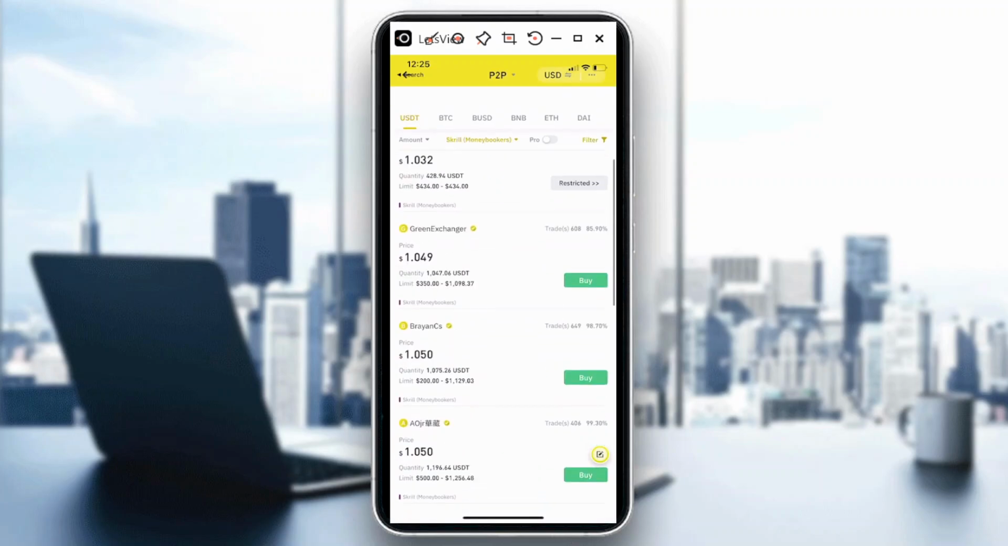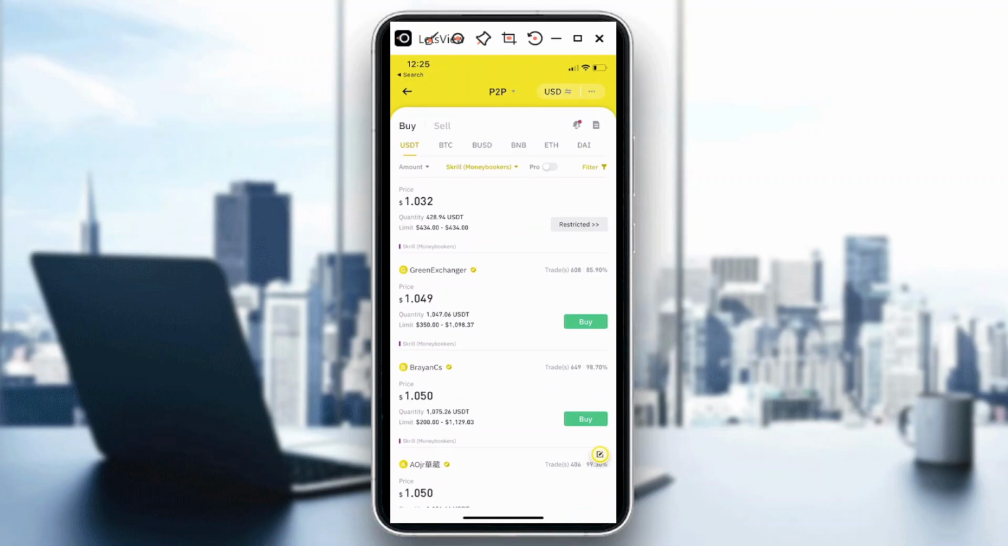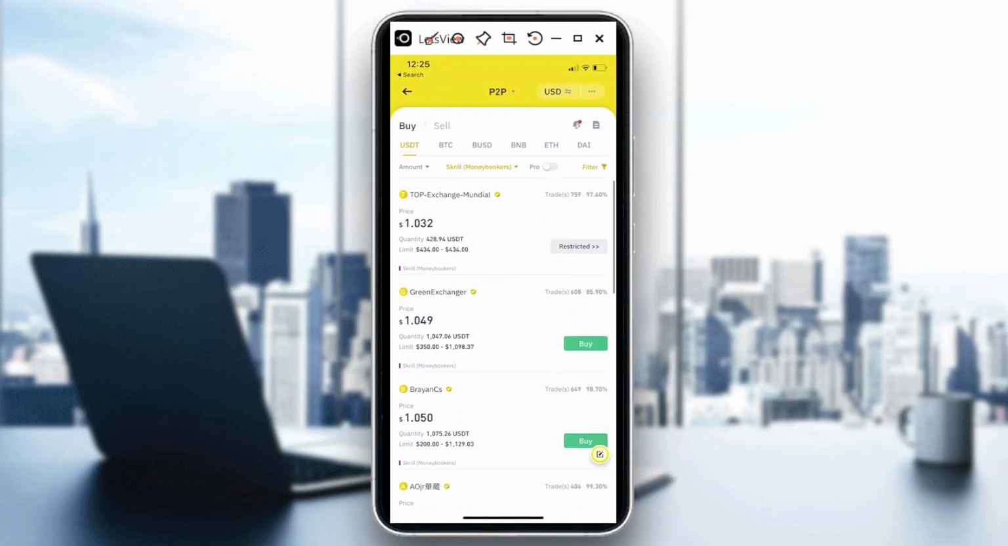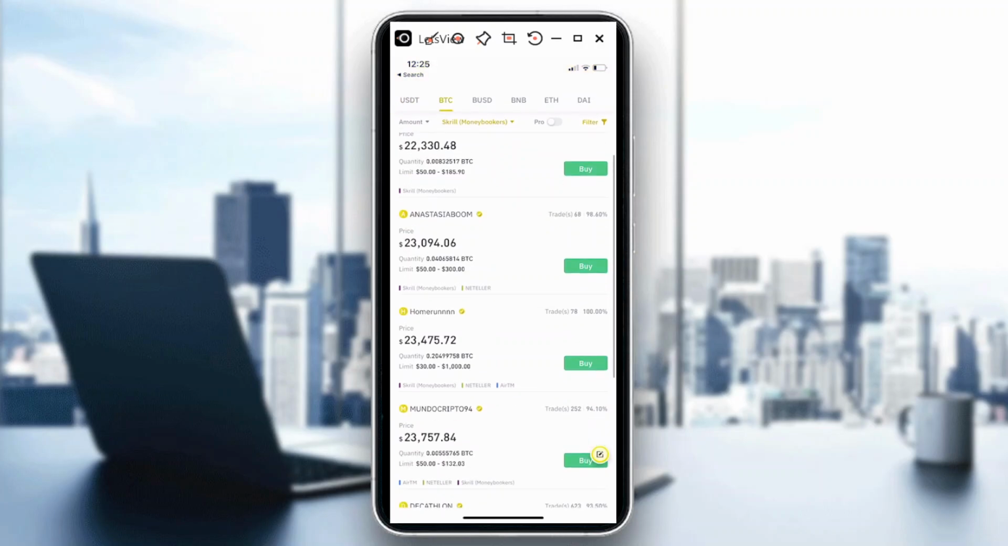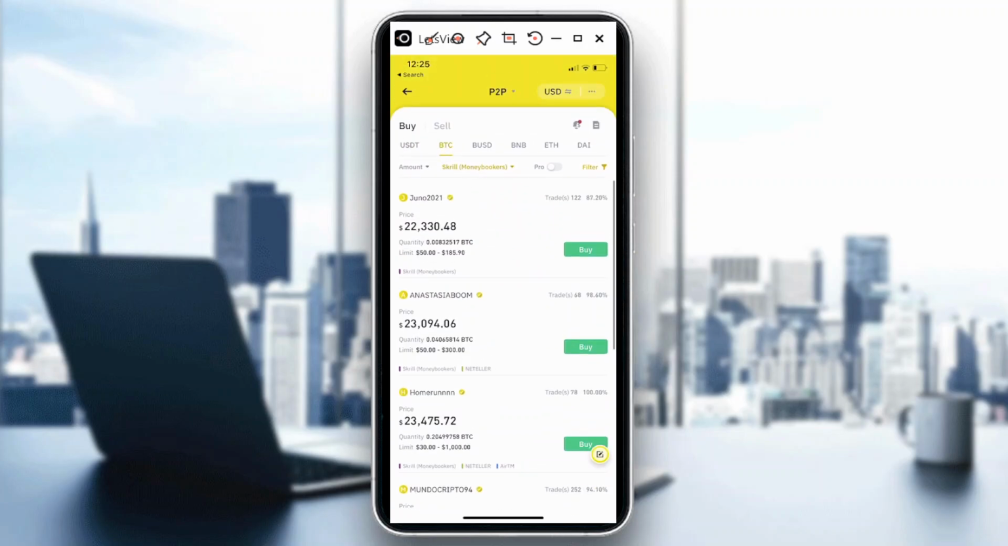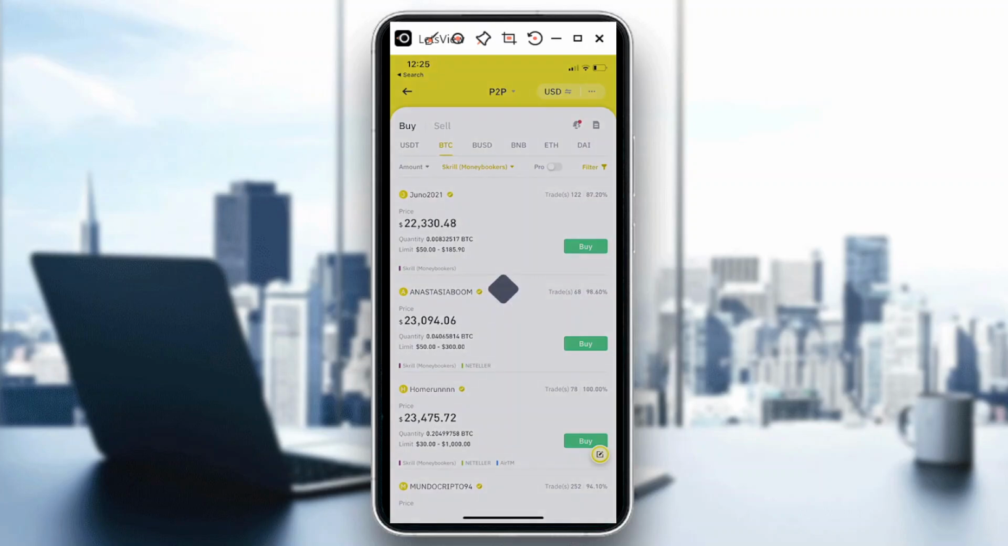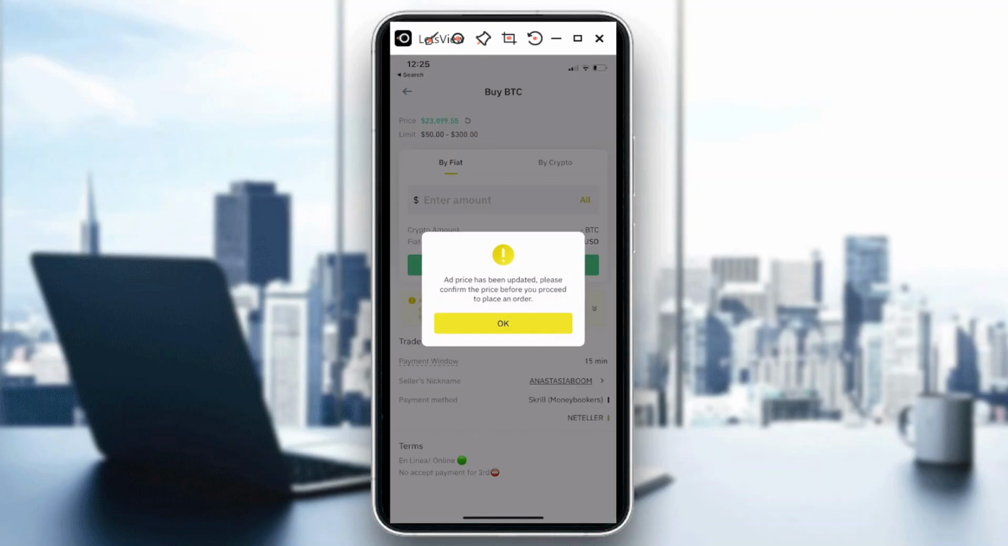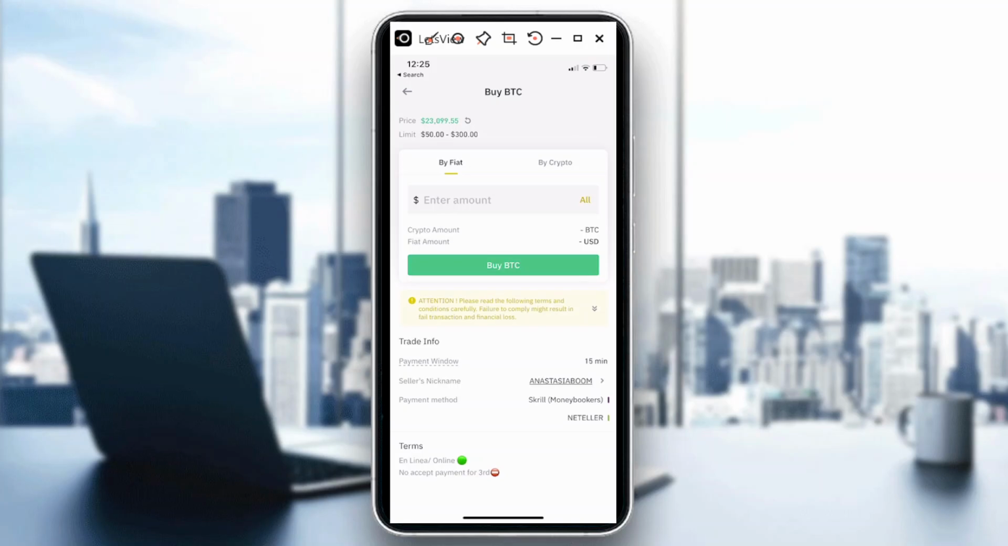So when you click on that, it would give you buyers or sellers of crypto wherein they could do transactions through Skrill. So say for instance, I would want to buy Bitcoin, and then I'm going to be looking for the best seller of Bitcoin. So say for instance, I will choose Anastasia, and yeah, the price has been updated. Sometimes it does that. So say I want to buy $300 worth of Bitcoin, and then once I hit that,